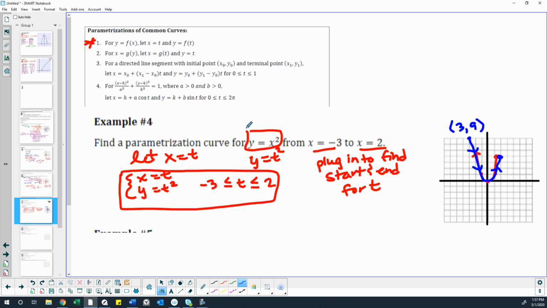But see how I just graphed the regular formula for that, and then I looked at my x restriction to figure out where it would start and end and what its orientation would be. Okay, next